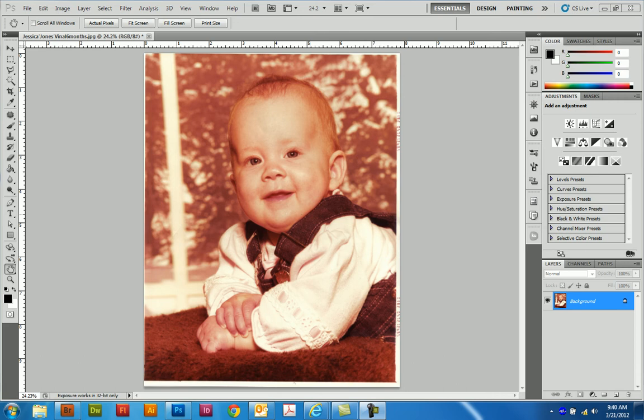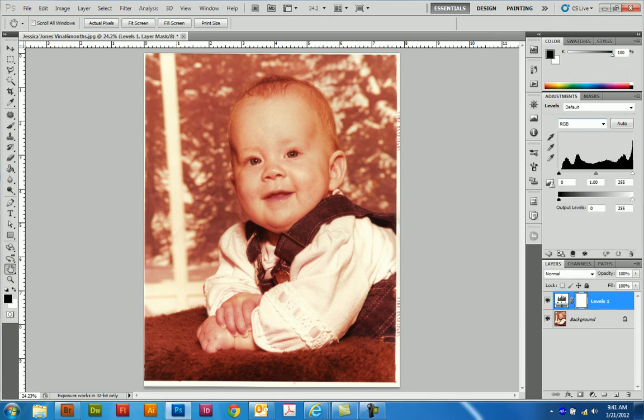So how do we know if an image has more than global issues? Now, this image is pretty badly out of whack as far as the color goes, so there's really not much question in my mind that this is going to have some local issues. But let's show you how you might be able to tell. What I'm going to do is a really quick levels adjustment layer, and I'll even start just by clicking auto. Not much happened because there's a pretty serious shift in the color. In fact, what it is I think